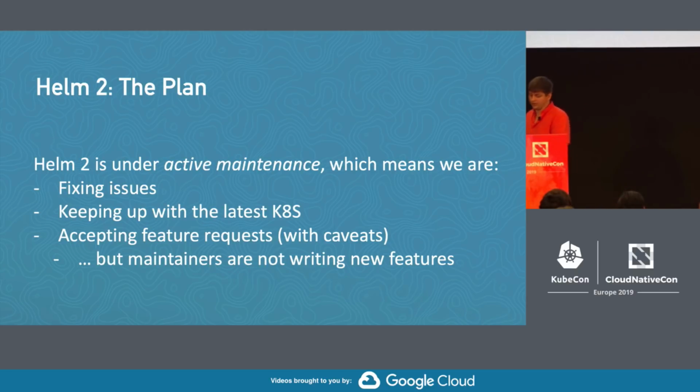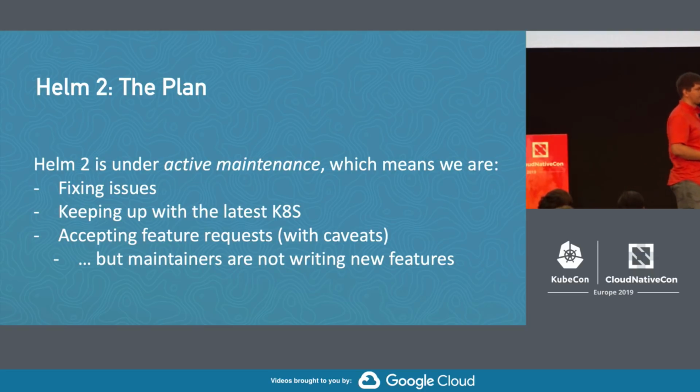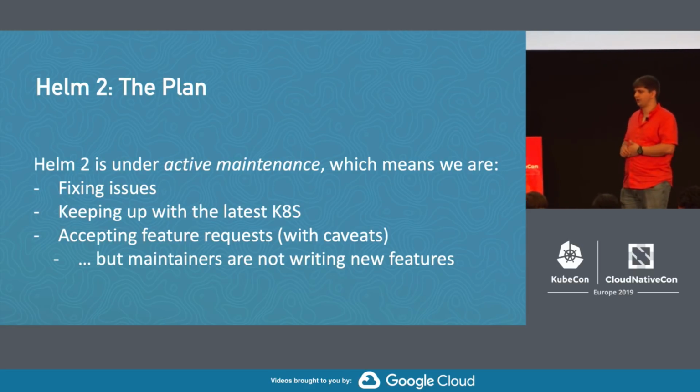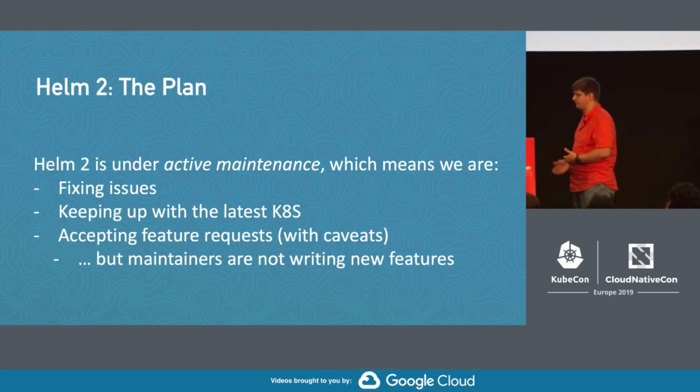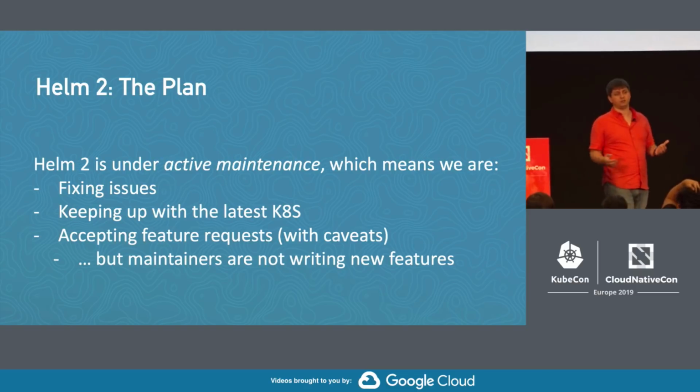We're also accepting some feature requests with a few caveats. When we're talking about new feature requests into Helm 2, we're really looking for small features that are really high value, low impact to the entire community, but they do move the project forward in a great way. But if you're working on a feature request that is probably a larger architectural change, perhaps it has to deal with some behavioral changes, or it's just something that might be useful not just for Helm 2, but maybe even for Helm 3,